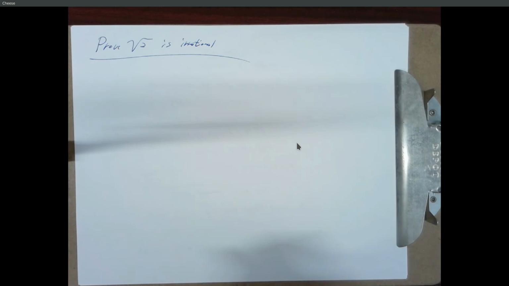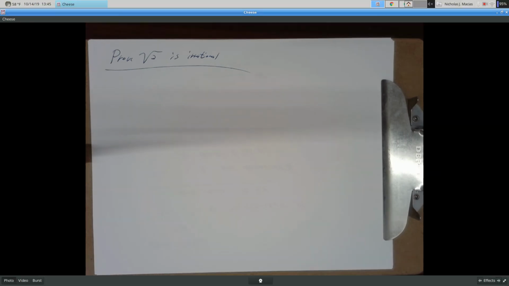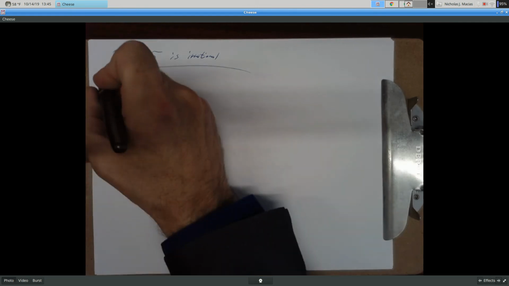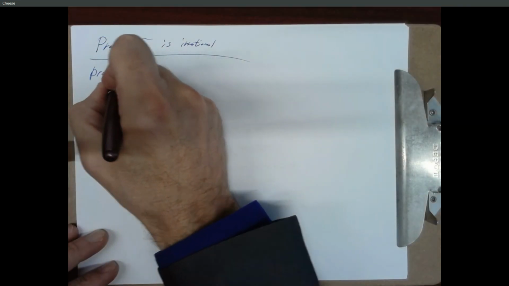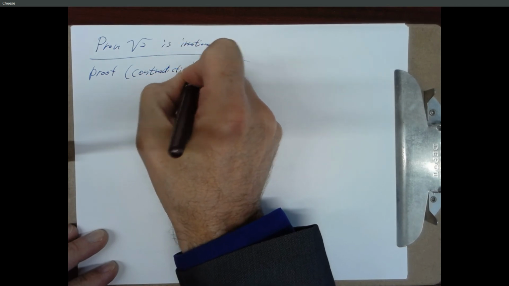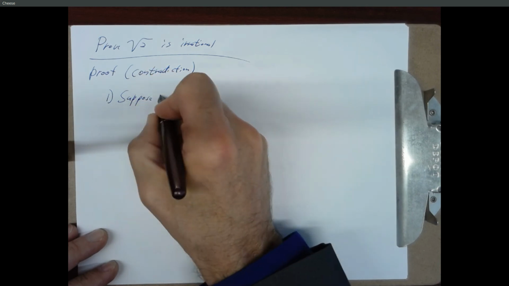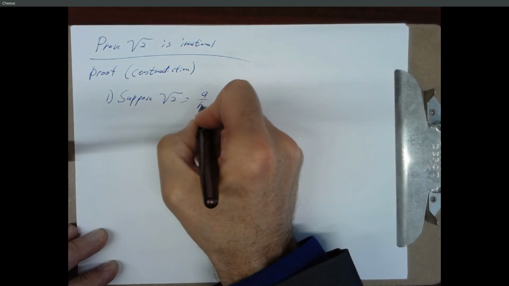Let's prove the square root of 2 is irrational, meaning it can't be written as a quotient of integers. Okay. There's no pair of integers a and b such that a over b equals the square root of 2. So let's do a proof by contradiction. So suppose square root of 2 equals a over b,